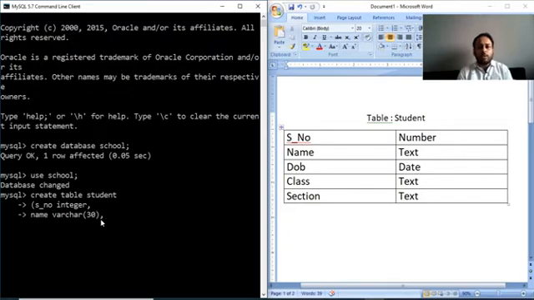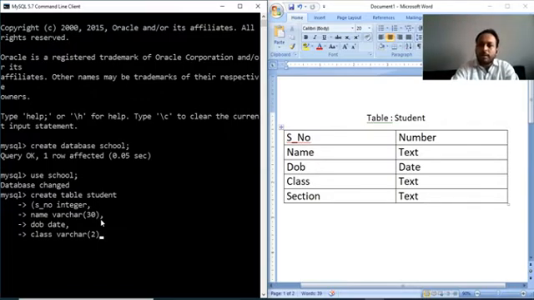So that is varchar. Next is dob. The data type is date, comma. Then next is class. The data type is text, so we can use varchar. Text है तो varchar है, so we can enter how many characters, like 2 characters, 10th and 12th, which one open. You can take number in place of, but because in the question it is written text, so we can take the char or varchar. If it is written number, we can take the integer there.